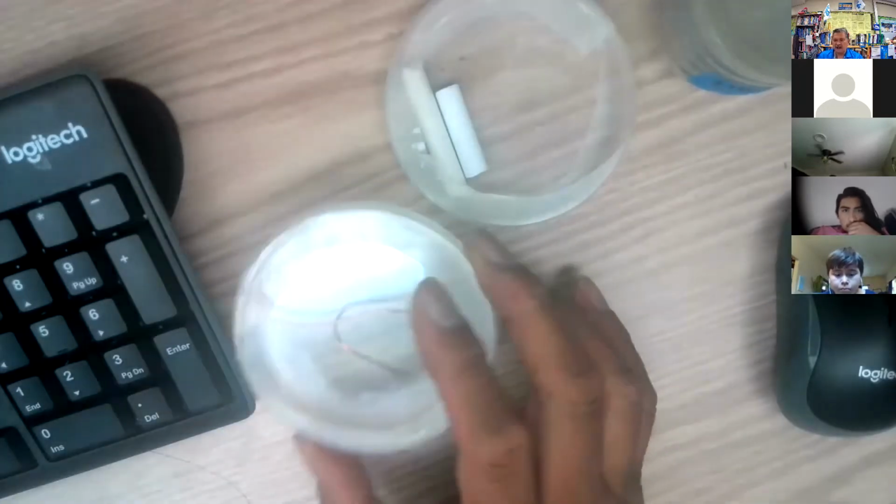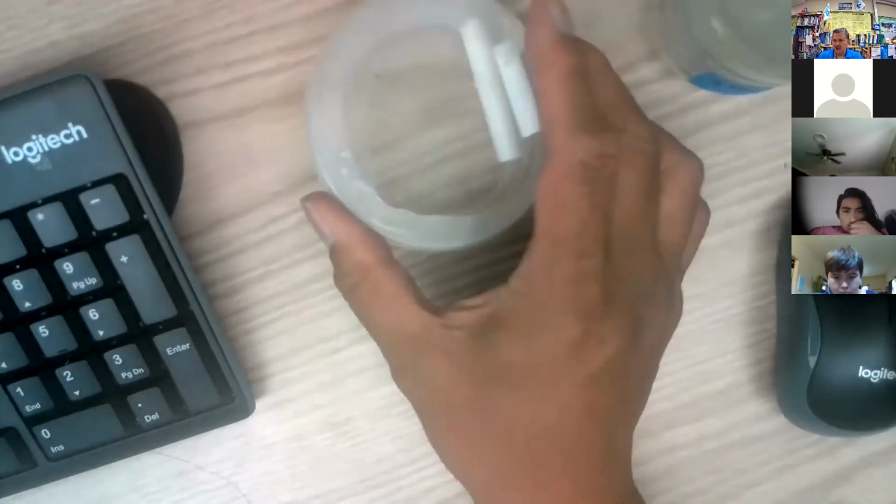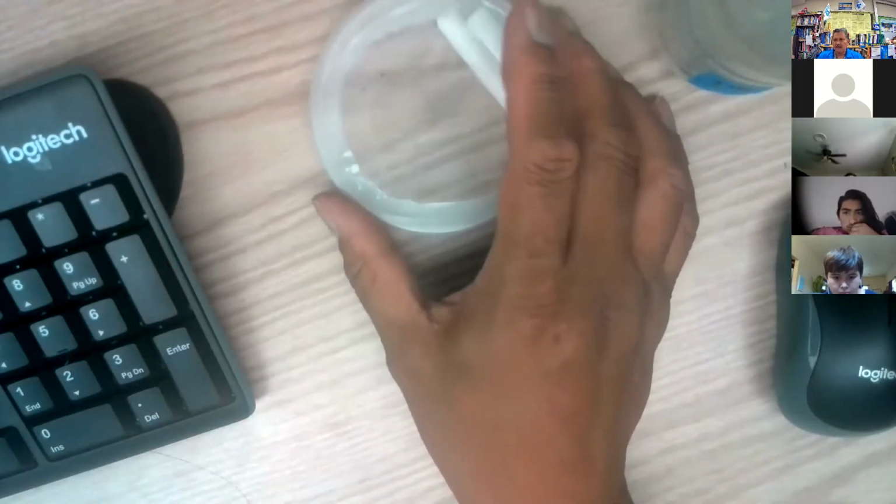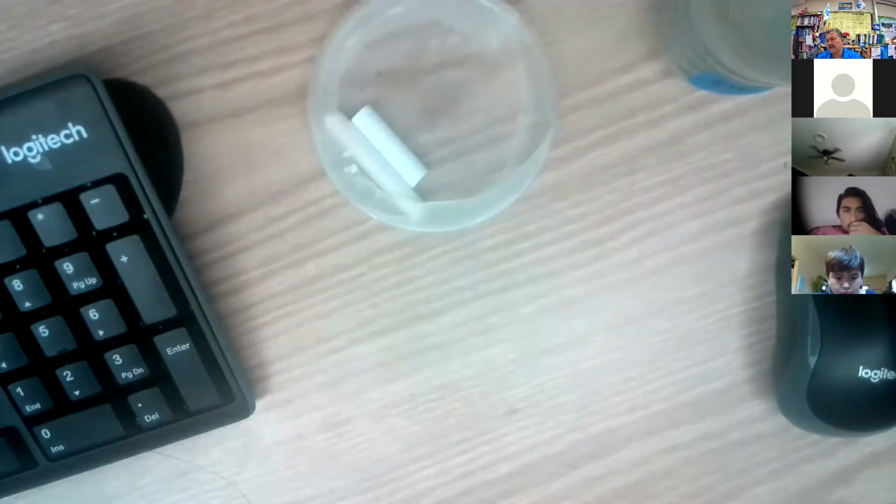Okay, so we're done with the copper. I'll take this out of the way, and we're going to chalk. Pieces of chalk are made up of calcium carbonate, the same thing that seashells are made out of, like a clam shell or an oyster shell. Calcium is Ca, and carbonate is CO3, so CaCO3. Do you think that chalk is made up of one element, or is it a compound, or